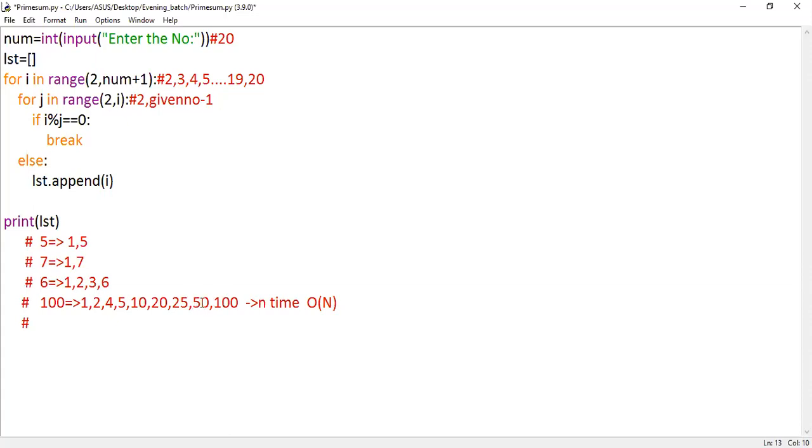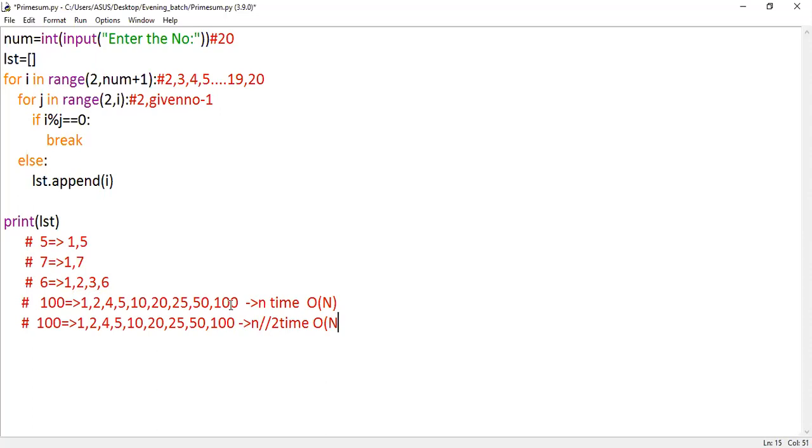Somehow you know that the factors only will be till the half. The next half will not have the factor. Then why should I go unnecessarily 50 more times? That's a waste of time, right? So you can just go only till the half of the number. That is the second optimizing approach. So half of the number, like n by 2 times. This will also give you the same output.